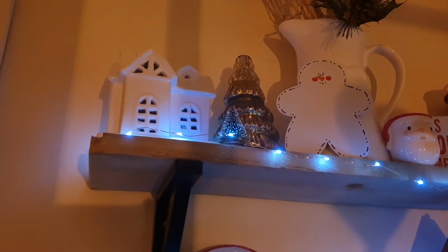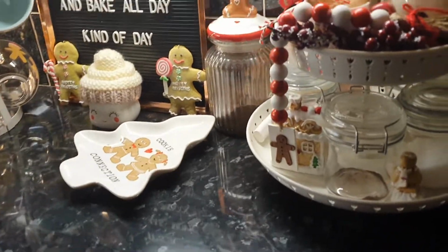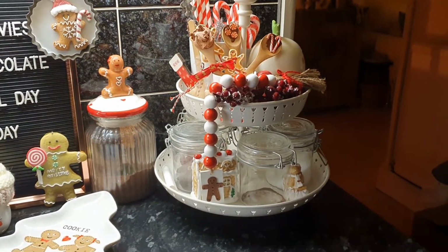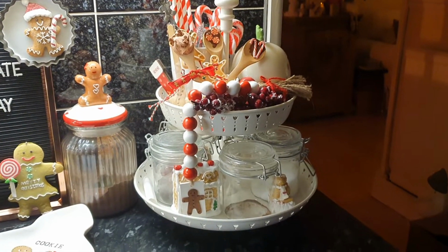That's the house from Home Bargains that lots of people have been picking up. So that's just in the corner of our dining room. I'll just show you quickly my tiered tray. They're not very big over here in the UK, but there are a few of us who decorate